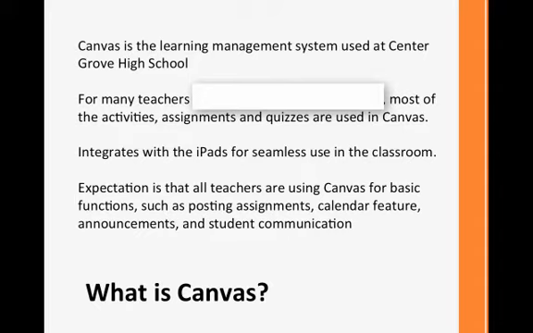So rather than just handing out papers to students, we're now having them open things up and submit things on their iPad. This not only helps us become more paperless over time, but this also helps students keep track of assignments as they're always on their iPad rather than in 50 different locations inside of their backpack or binders. Canvas integrates with the iPads for seamless use in the classroom. So there's no lag time, and it's actually much more efficient to use Canvas than a lot of other resources